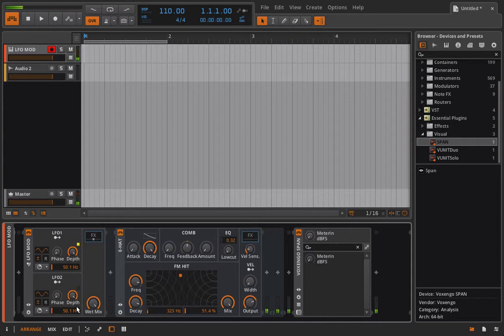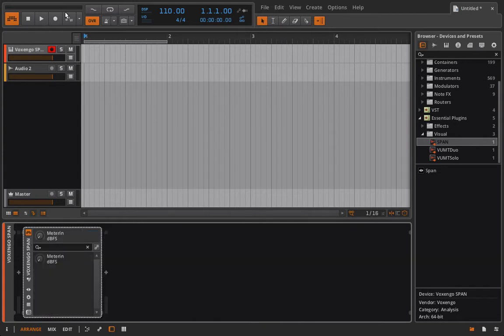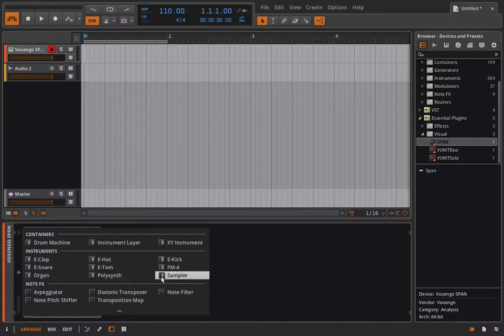Okay, so that's all sounding a bit nonsensical. And really, FM synthesis, for a lot of applications, can produce very harmonic and very inharmonic results. We'll talk about that more with the FM4. But for now, I want to go back and show you guys a quick example of how we can impart a very similar sound using just an LFO and a